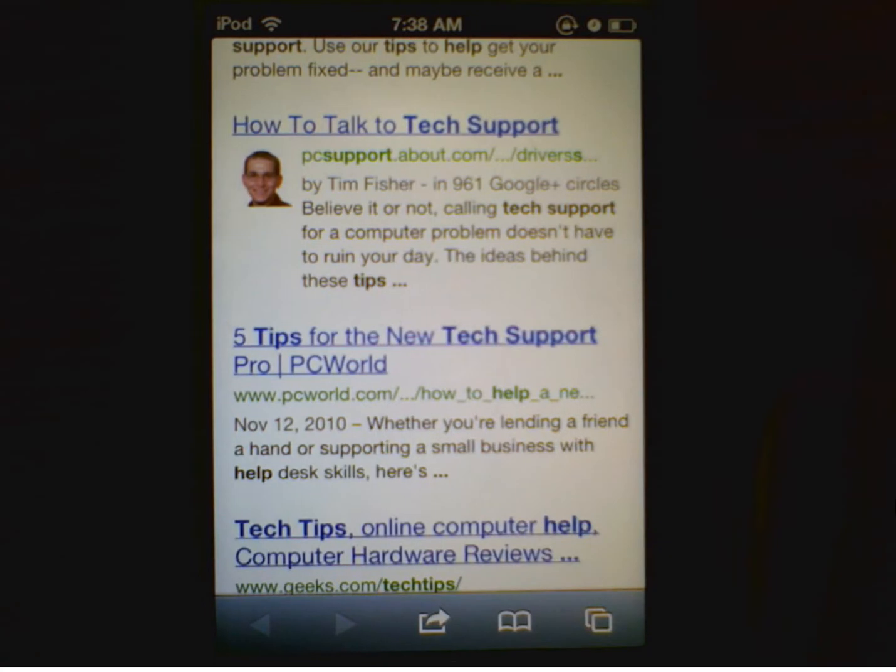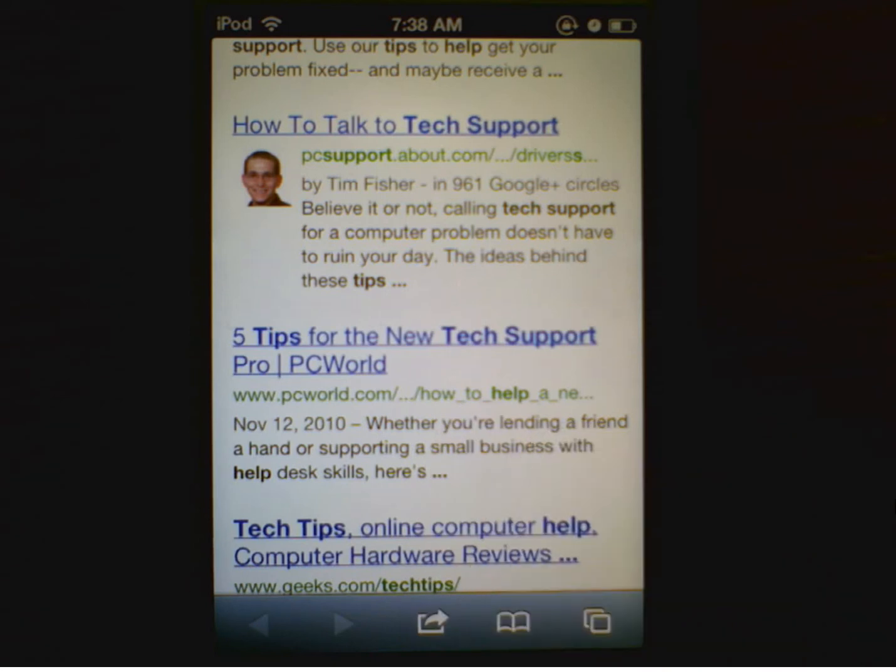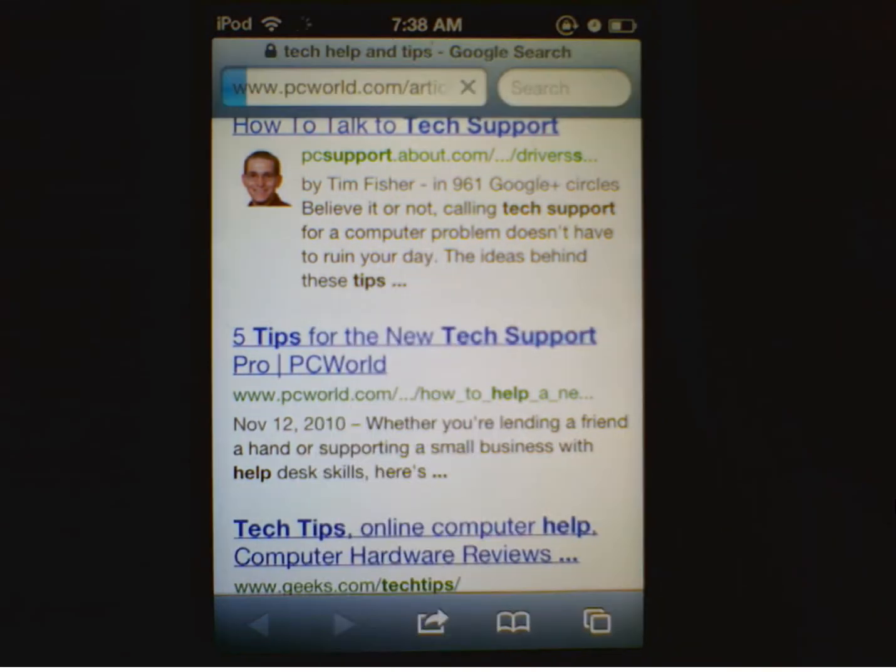But anyway, I don't want to waste time trying to find stuff. When did that go dark? Wow, I did not see that. Okay. So I'm just gonna open a page, and once it loads,